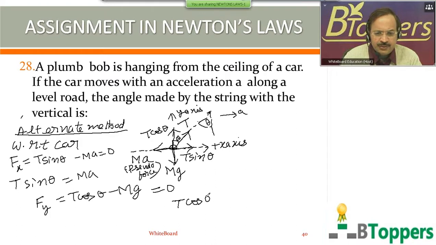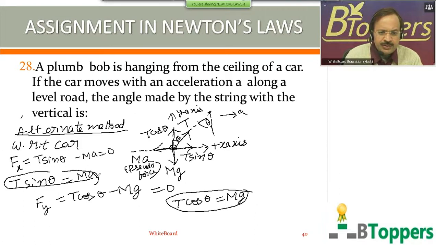So you get the same equations again. This equation we called the first equation in the previous method. This equation I called the second equation. Then the last part of the procedure is the same in both the methods. You have to divide one by the other to get the answer. If you want to copy the alternate method also, you can copy down the alternate method.